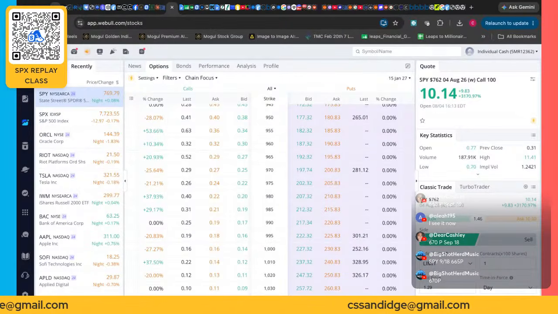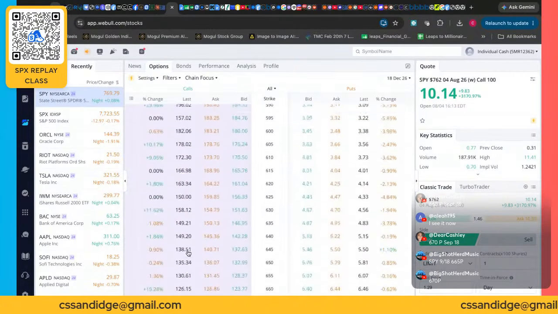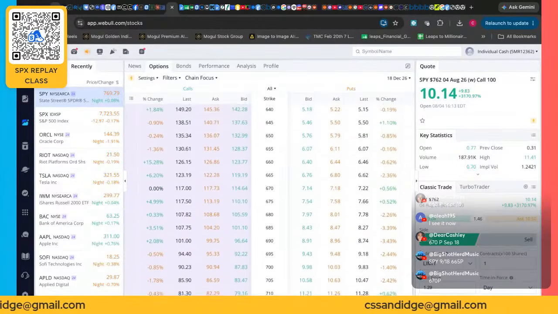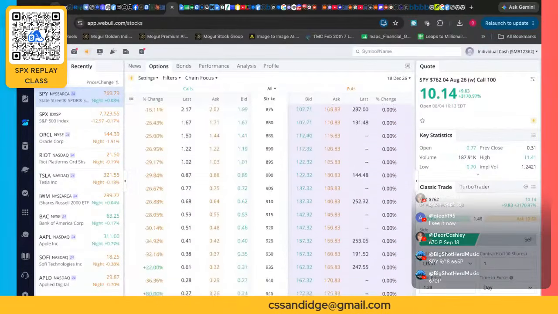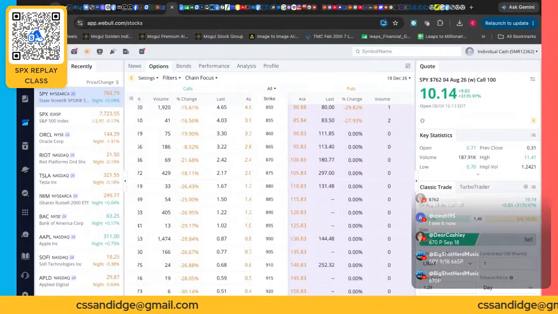So we have upside and we have some downside. Also, we'll double back to December 18th and put that 900 strike as well. Now, Chaz, why would you go from the put side to the call side? When do we get in? What are we looking for?